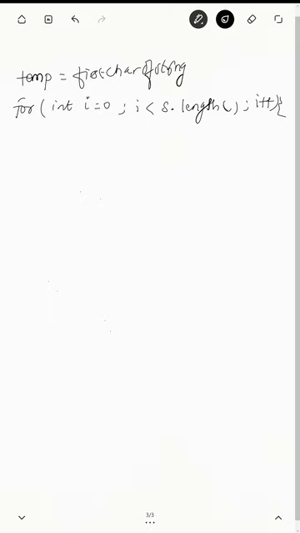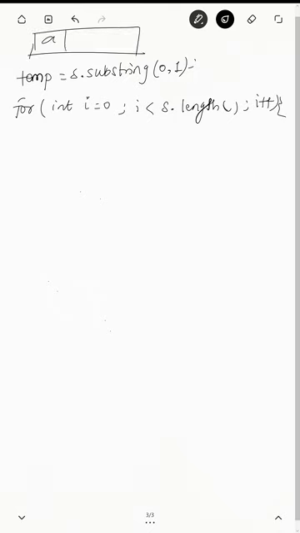If my input is s, instead of writing it, I will say s.substring from 0 to 1, so that it will be storing the first character. Considering our input is ABBA.